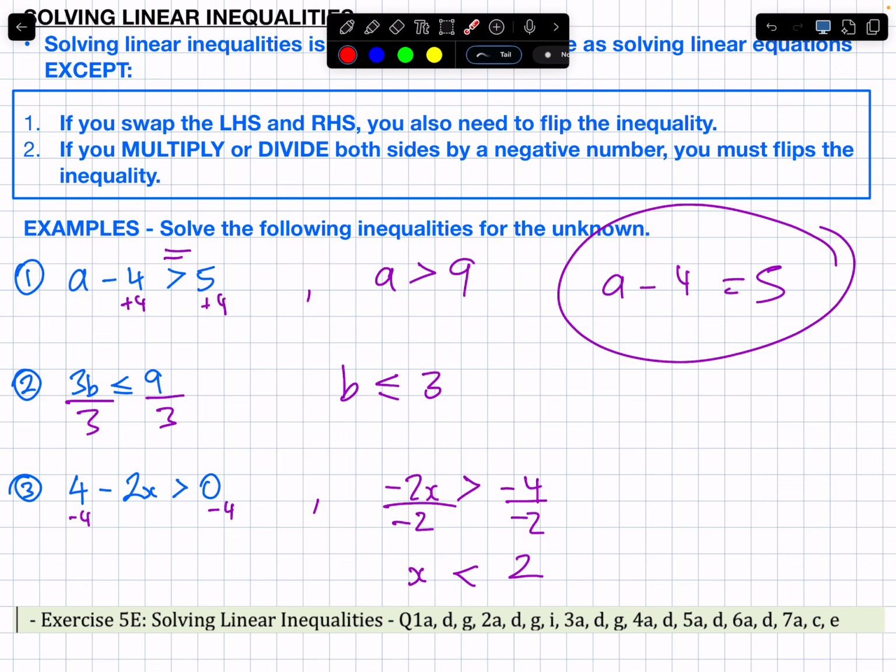And in the situation where I times or divide both sides by a negative, I have to flip it around. Okay? I'll stop the recording there so you can chat. That's your practice for the